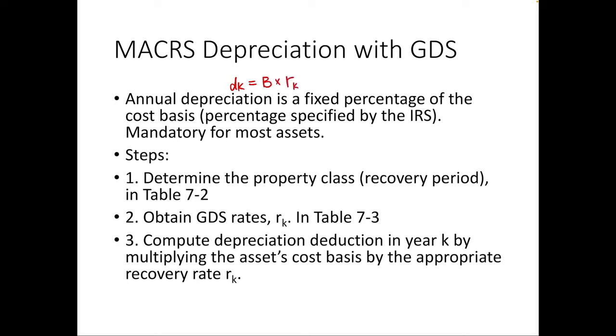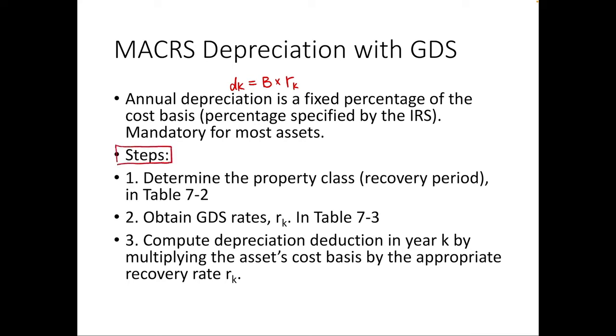Okay, and for every year, the rate is different. And the rate is a percentage number which is fixed and which is specified by the IRS. And it is mandatory for most assets. Okay, so the steps